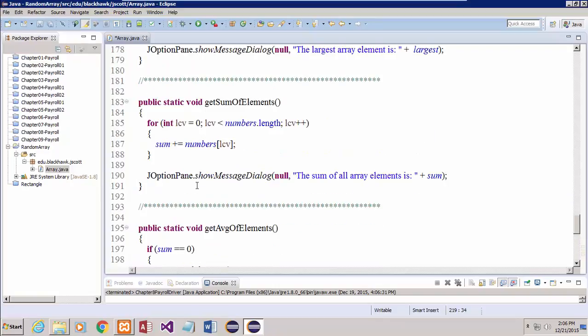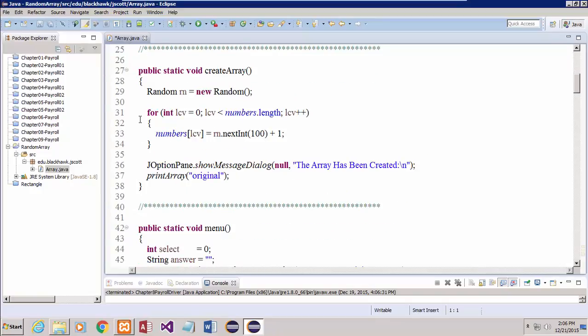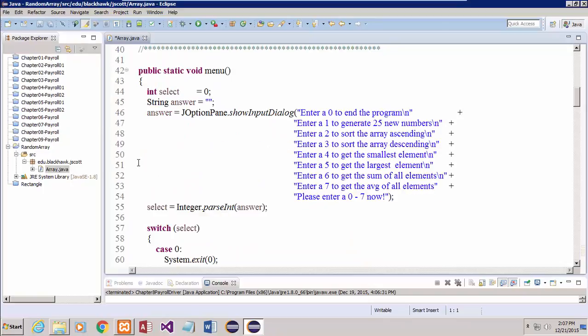So again, the createArray generates a new array for us with 25 random numbers. The printArray prints out those values. Then I've got a menu that I keep calling. And as you can see right here,